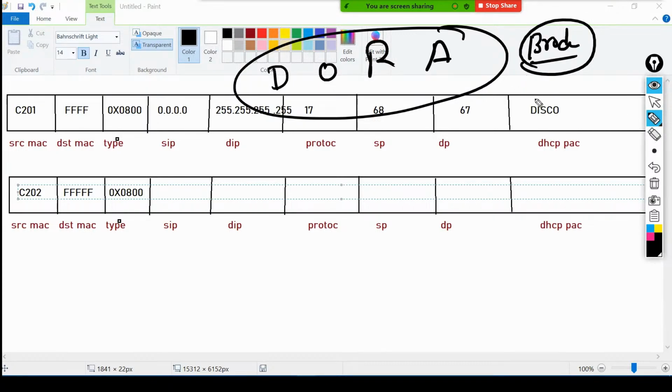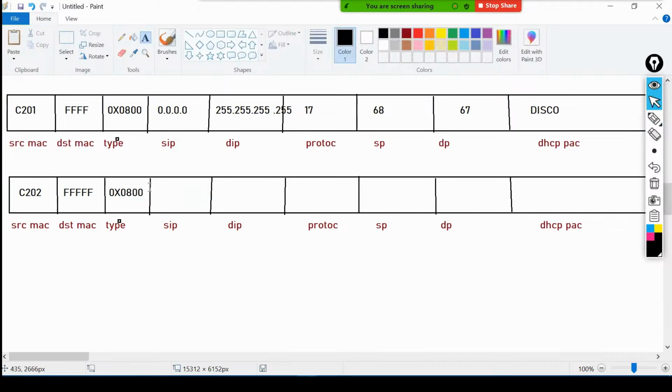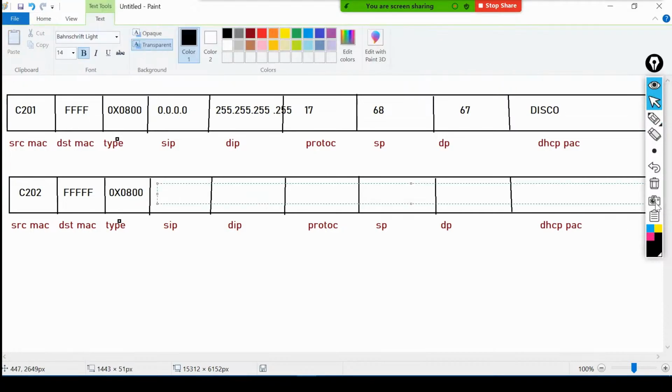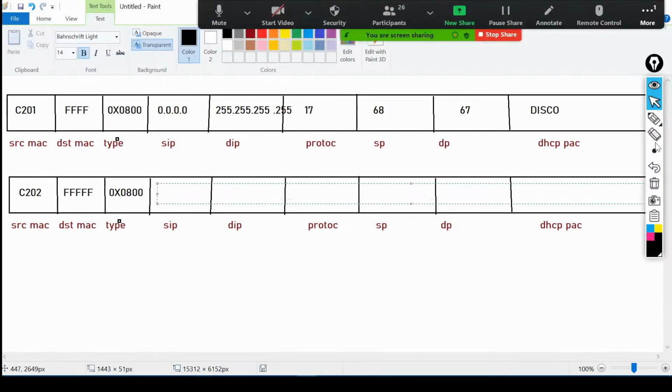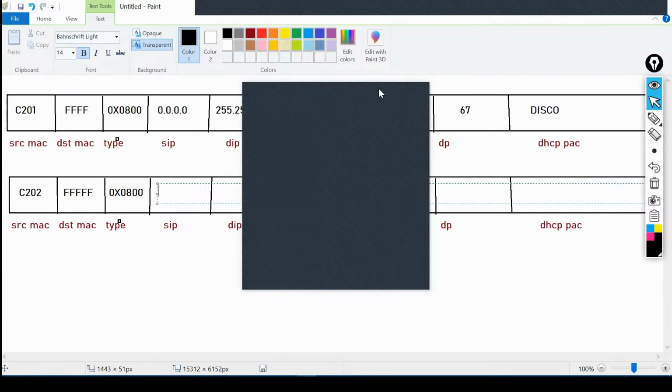I'll let you know why the release packet will be unicast. Don't worry about that. Source IP will be what? Server IP. Server knows the MAC of the source, but again, it's different on each platform. They are doing different things. If you go for Linux, they are doing unicasting.